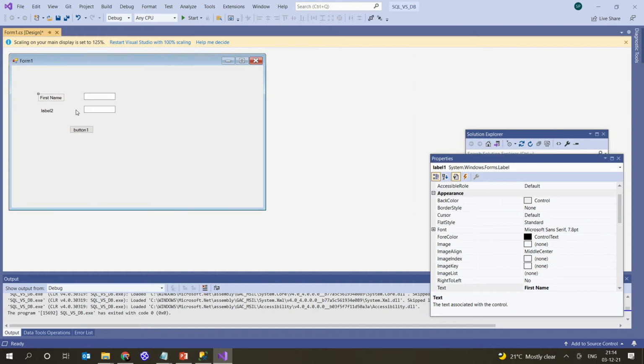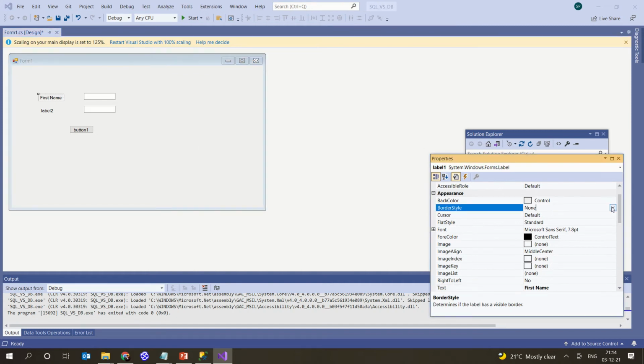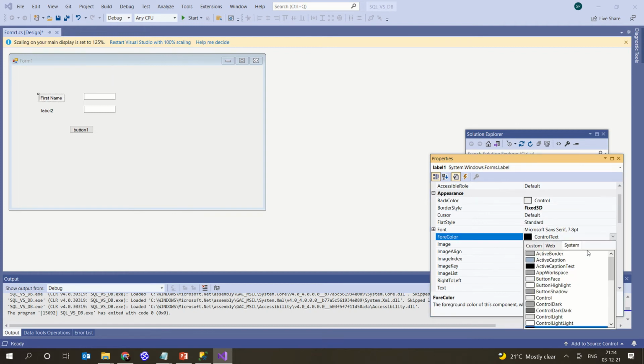First name. So you could see that it is changed here. If you want to slightly change the way it looks, you could go and change here. If you want to change the text color, you can go and change here. So that's all up to you. Okay, it's too dark, so I don't want it as too light as this. So I want a better color, so I will just go for the black itself.